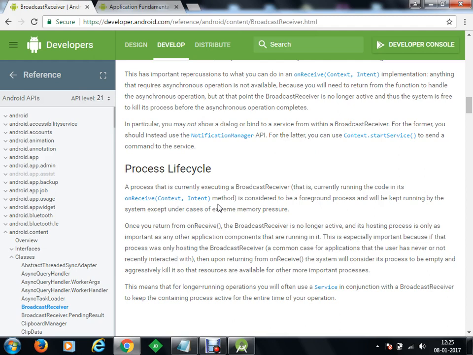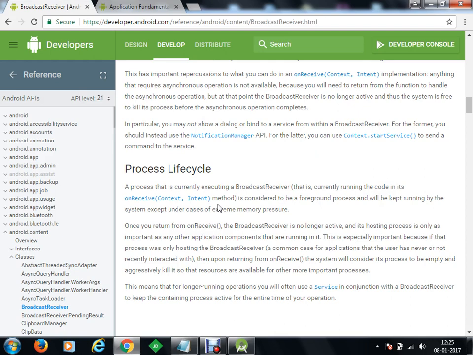Yes, we can get data from the intent. Let's say there is an application sending a broadcast, and with that broadcast you want to attach some data as well. It can attach data into an intent, and with the broadcast it can broadcast the intent. So at the receiver's end, as soon as we receive the broadcast, we are going to receive the intent which has been broadcasted, and from the intent we can get the data.